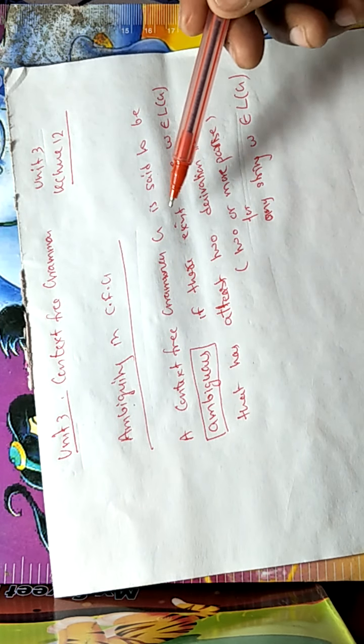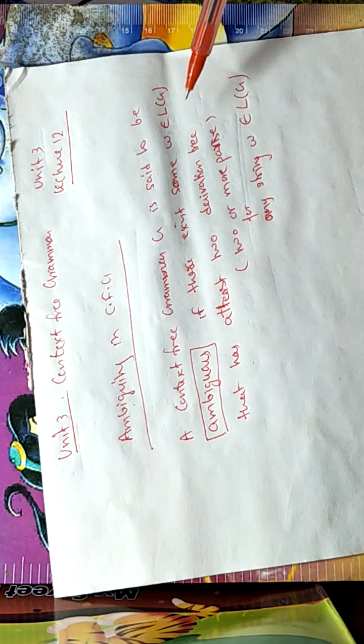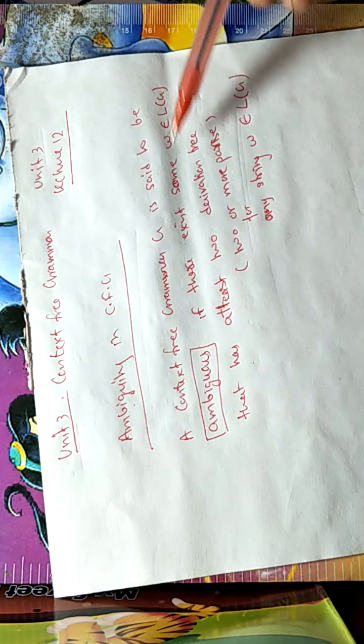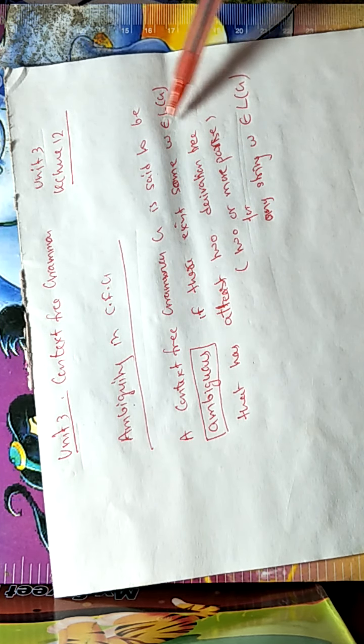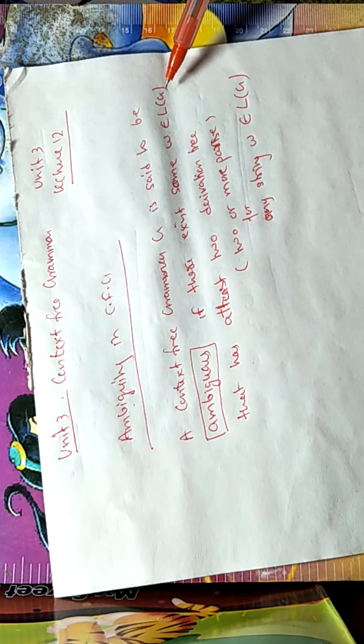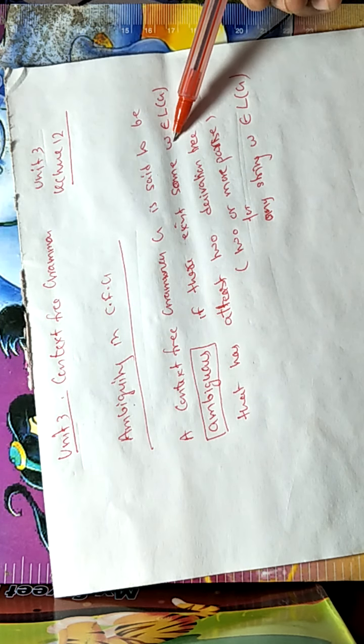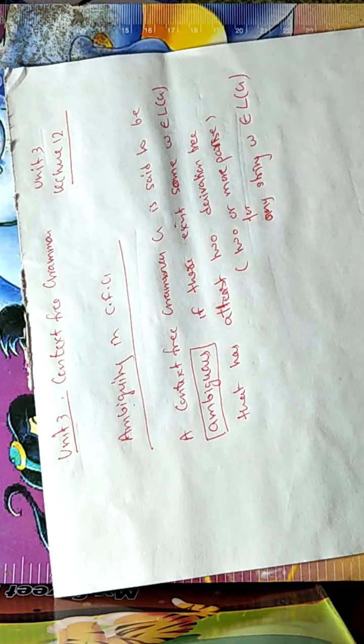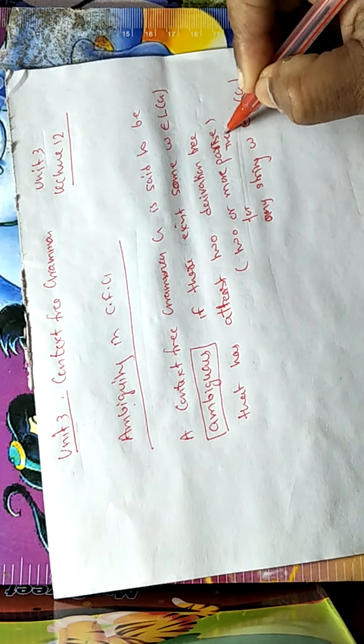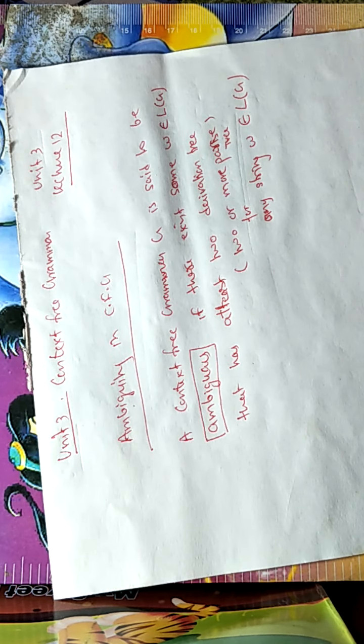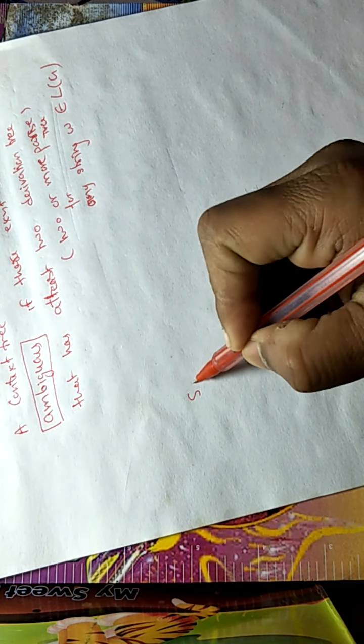If a grammar is given and we can find a word that can be derived from this grammar, and that word has two or more parse trees, then the grammar will be called an ambiguous grammar. Let us discuss it with the help of an example. Suppose a grammar is given